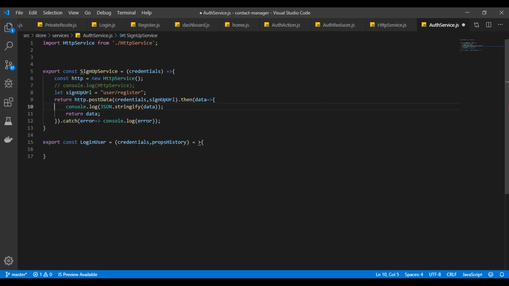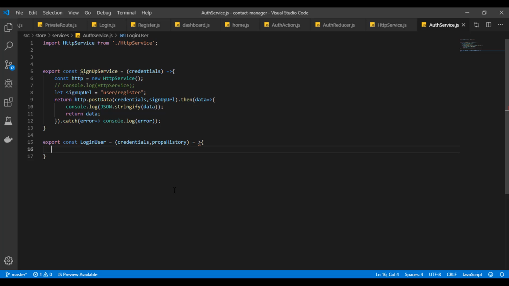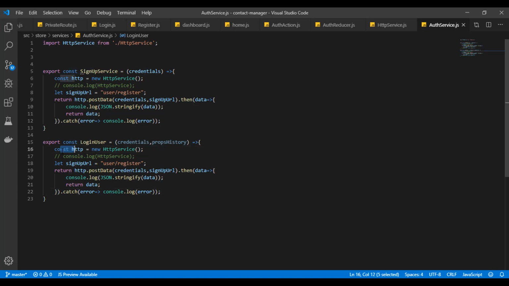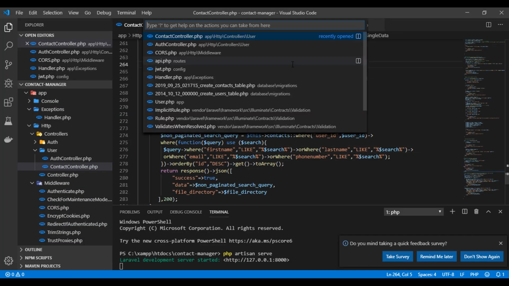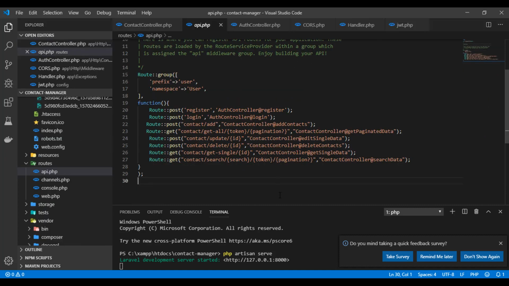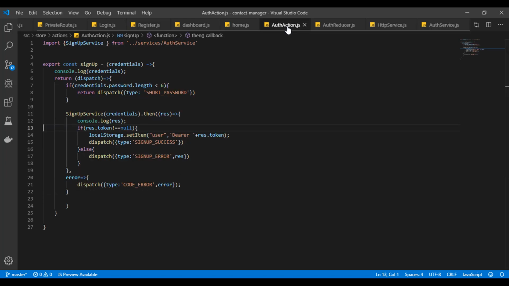So what I like to do now is I like to just copy this. Yep, and paste it here. So basically we are, why is there an error here? Let me get rid of this first. Save that. And yep, we're getting an error because of this. So paste that and that should be fine. Now we are instantiating the HTTP service which we created, and this should be user slash, let me just get back here, go to our API route and slash login. So now let's get back here, and this is going to be user slash login, and that's just about that for this. So we would then go over to our auth actions,